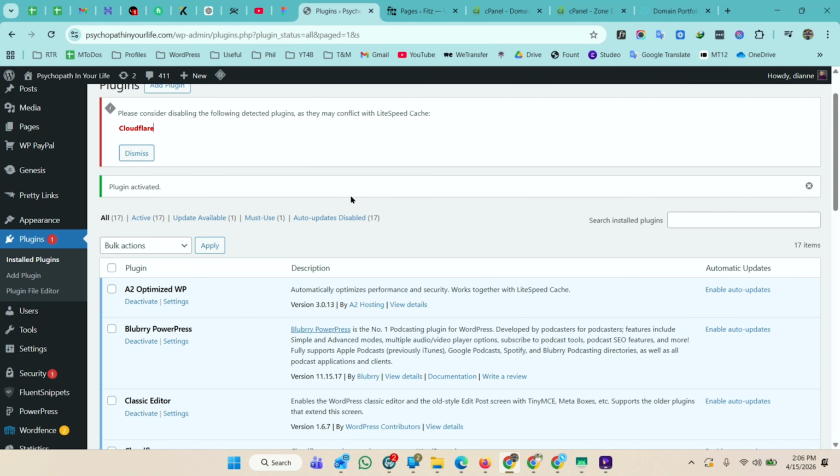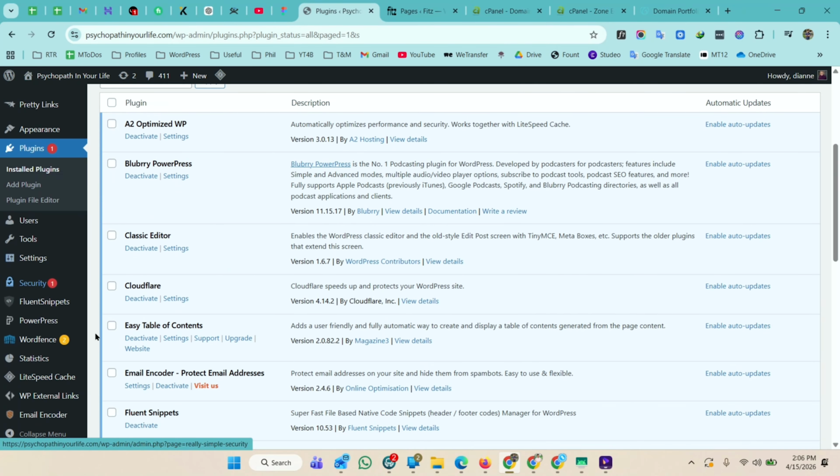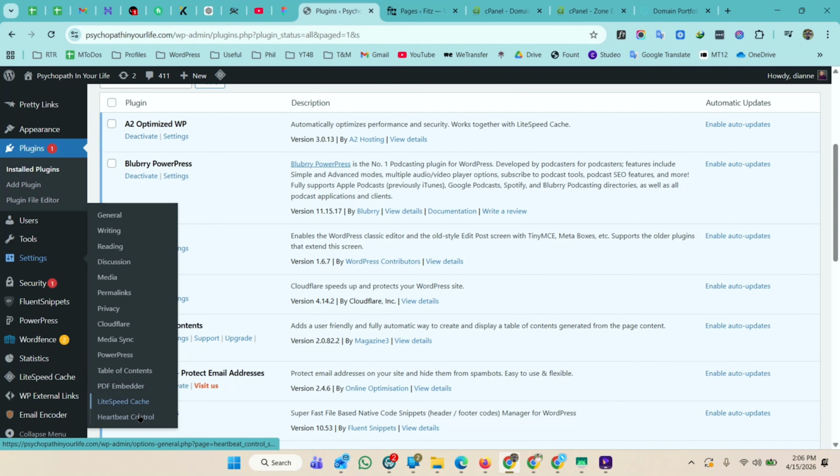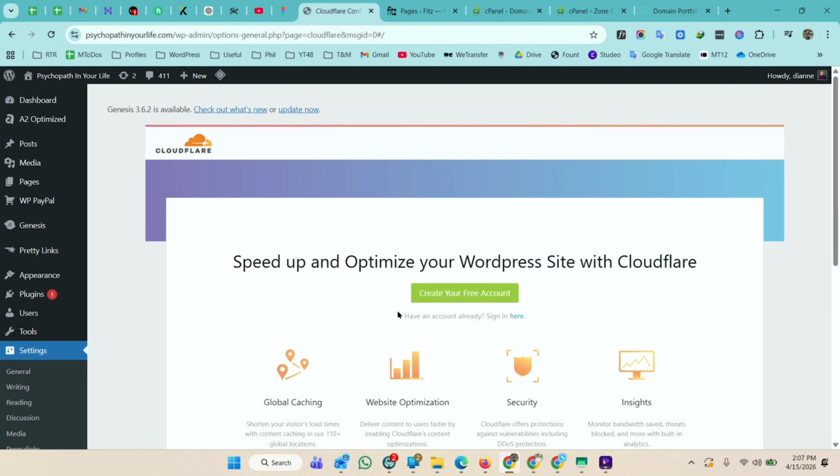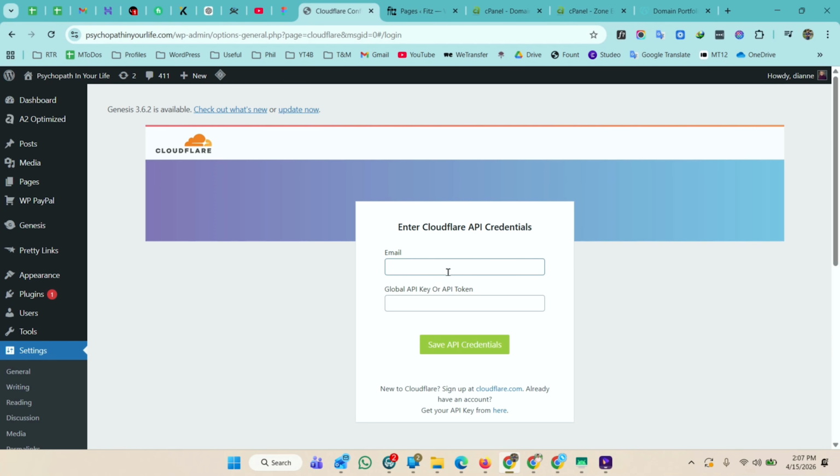with it. So once you activate your Cloudflare plugin, then in the settings you will see a new option for Cloudflare. Now here you will see two options: create your free account, or if you have an account already, then sign in. Since I have already a Cloudflare account set up, I am going to sign in. Now it will ask you for your email associated with your Cloudflare account and a global API token. Here I enter my email associated with my account, and for the API token we need to go and grab